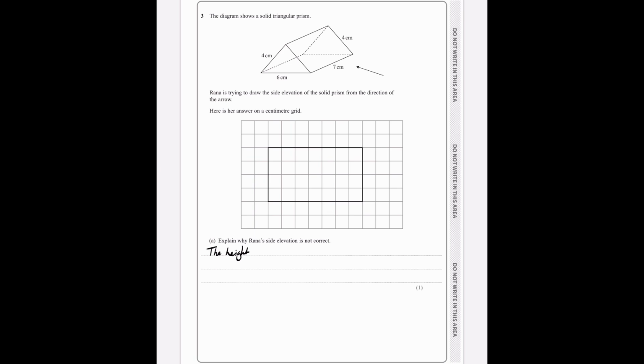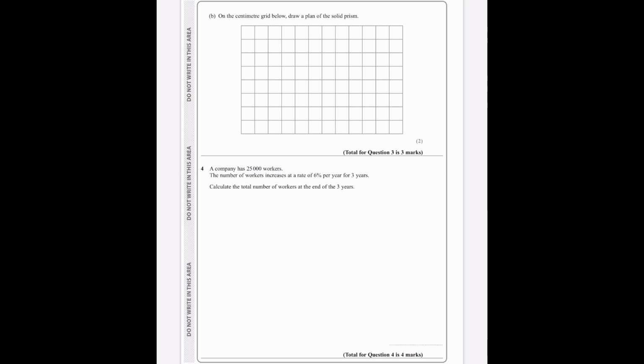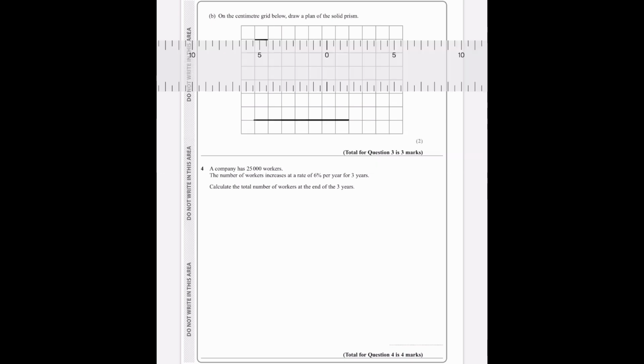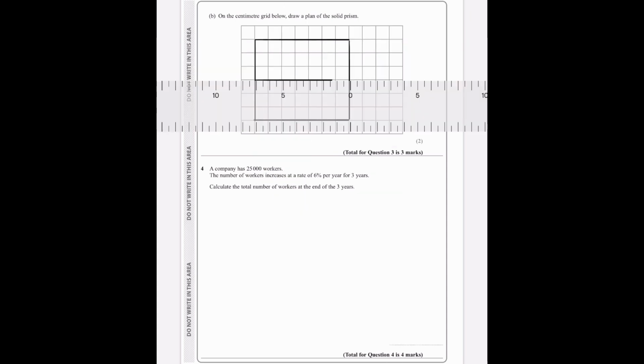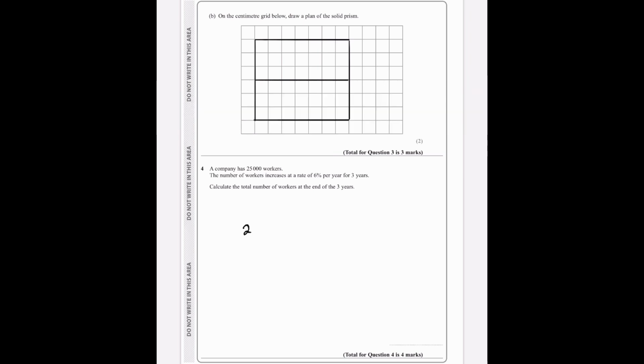Okay, looking at it from the side, it's not going to be 4 centimeters high. So the height of the rectangle that we have there on the view is too high, definitely. Then to draw the plan view, so it's the view from the top. We've got a base of 7. And we've got a height of 6, and we've got to draw the roof bit, the bit running across the